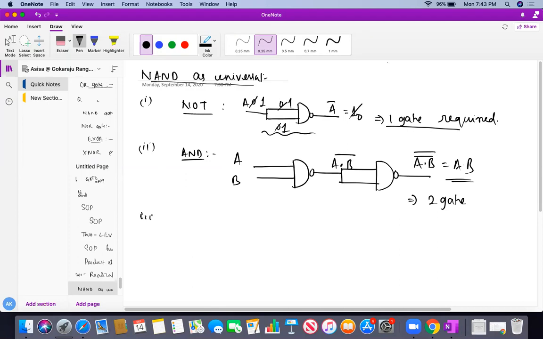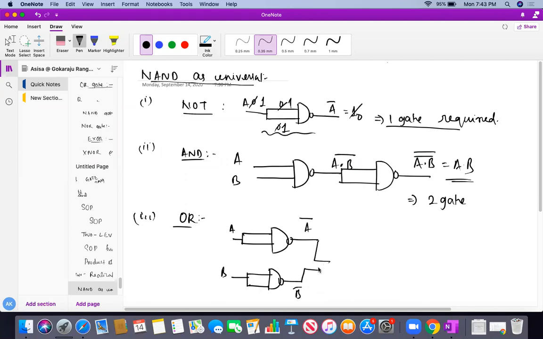Next, third, is the OR gate. The OR gate requires three NAND gates. How? Please check it. This is my A, B. This is my A, and I am just taking it, which is actually A bar. Am I correct, students? Very simple. This is A bar. Similarly, I can take another NAND gate, short the two inputs, and then I'll get B bar.